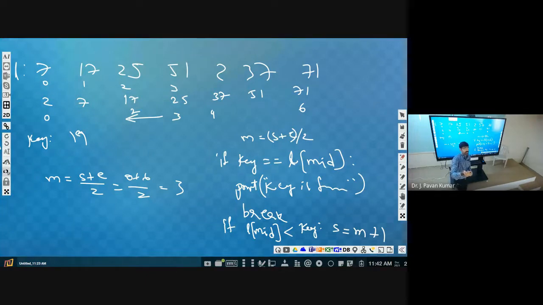Up to what extent do we have to repeat? This is the question. We are having 100. First time 50 we will get. Next 25 we will get, isn't it? 75 we can eliminate. From 50, either the first 25 or the second 25 we will get, right? So only 25 elements will remain. Next 12 elements. Next 6. Next 1. So when do we have to stop? This is the question.